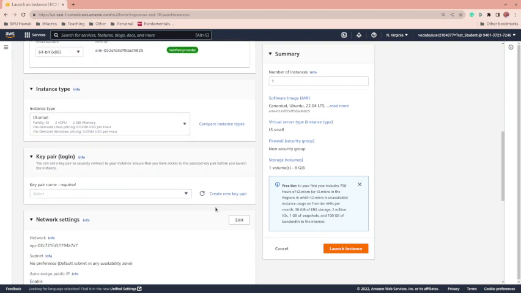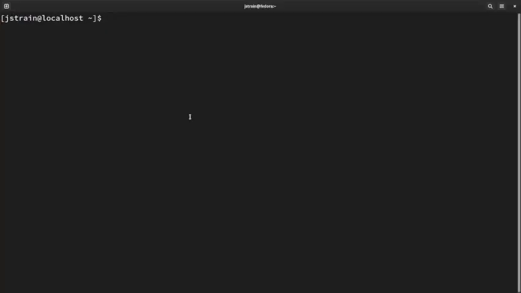But so the thing is, there's this key pair, and I'm going to help you understand how to create a key pair. So this is a command line. I'm in Linux, but you can do these same commands in Windows. So go to a Windows command line, and the first thing you need to do is create an SSH key. SSH